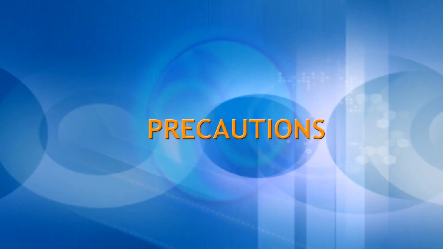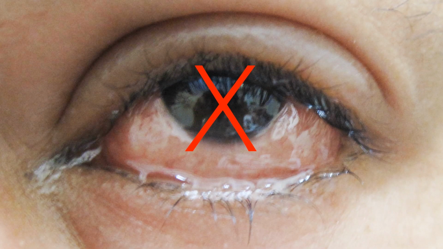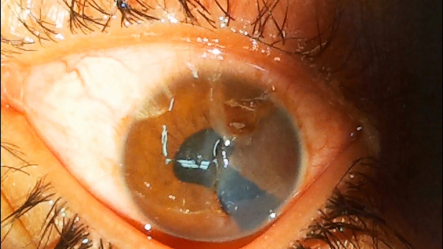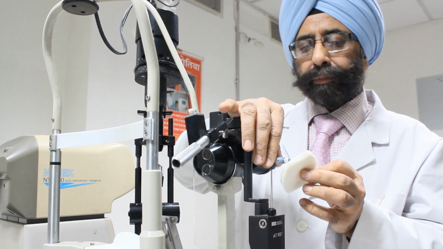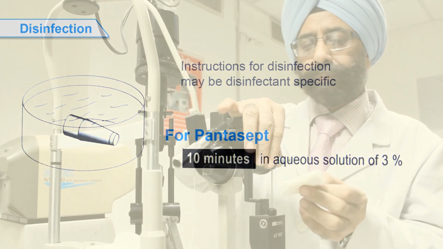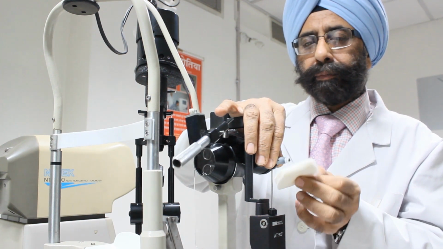Certain precautions need to be considered before undertaking the procedure. First and foremost, all kinds of contact tonometry should be avoided in infected eyes, corneal injuries, and in eyes with open globe injuries. Next, remember to clean tonometer between 2 cases and disinfect the prism after a day's use. Remove the chemical completely after disinfection or cleaning.